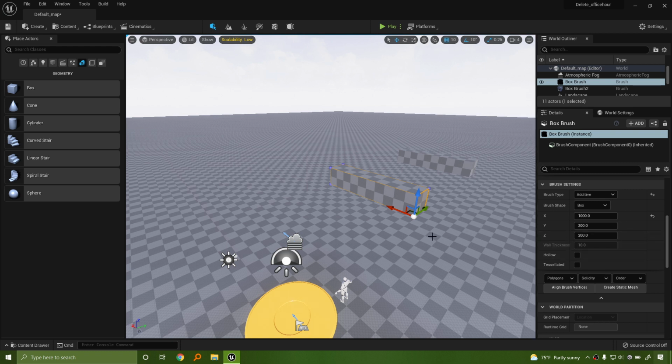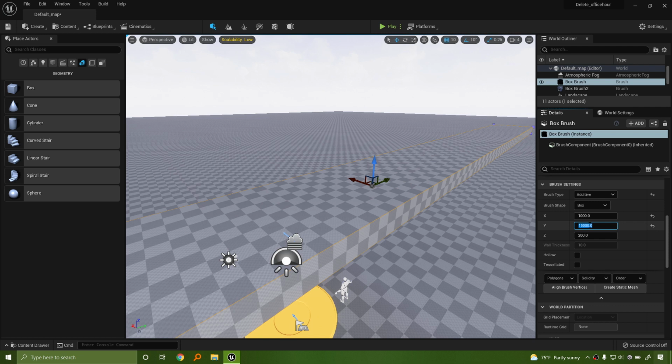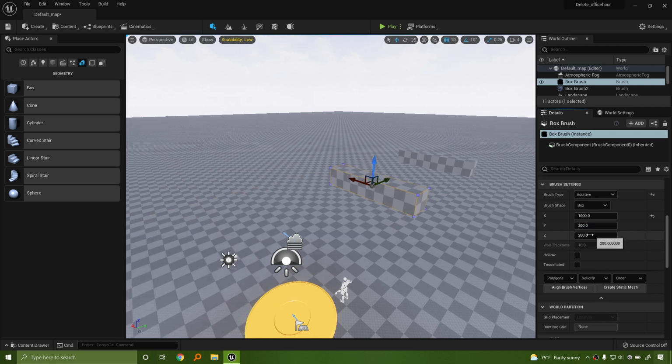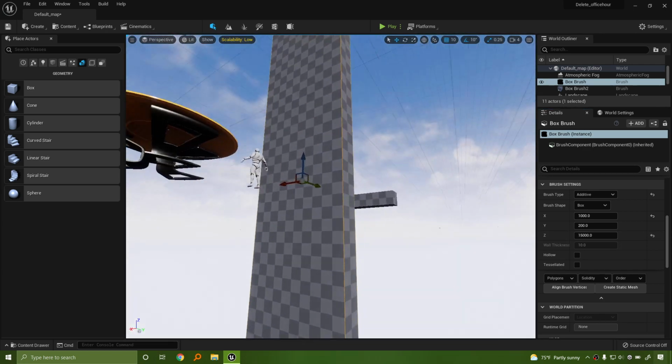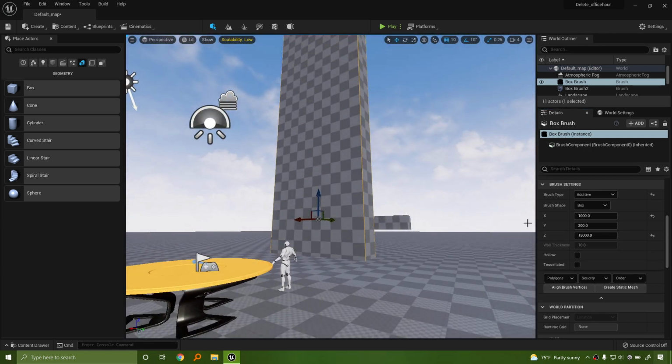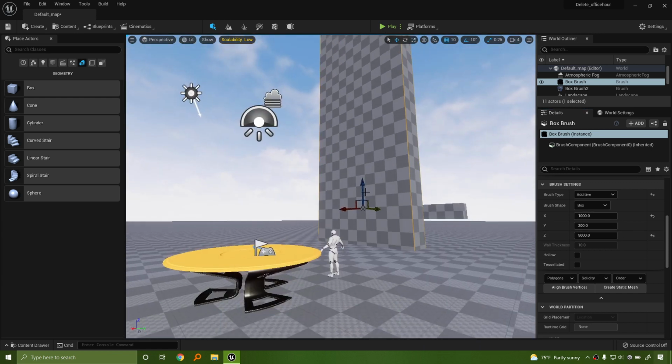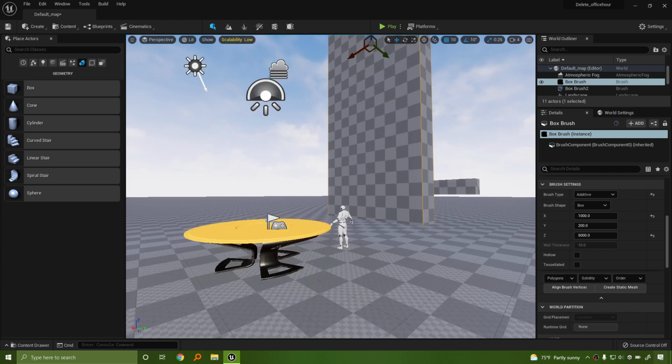Let's see. Let me do something fun here. Let's do, I don't know, 15,000. Oh, it's in the wrong direction. Sorry, I was talking about doing things correctly and I set that in the wrong direction. Let's go in the z-axis, so we'll do that 15,000. Let me get a good look. That's way too tall for my purposes.